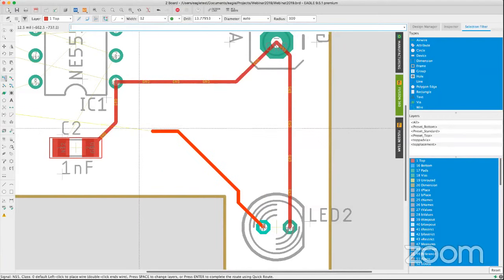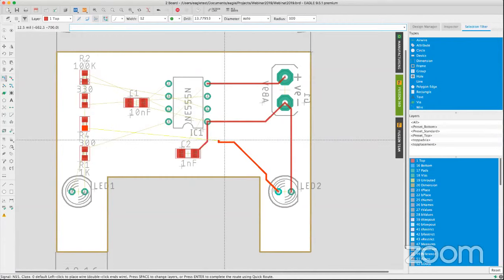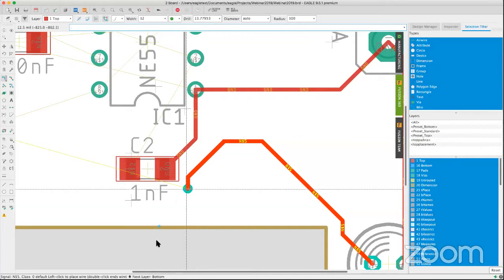Now, let's say, for example, I want to go through here to follow my path, to take this path to go to that resistor that I need to. At this time, you may want to consider placing a via. To place a via, just hit the space bar, and the via is going to be attached to your mouse cursor. Now, the via is not going to be placed. It's going to remain attached to your mouse cursor. Now, if you look at the status bar at the bottom, let me show you this right here. That status bar is letting you know that when I'm back to routing this line, it's actually going to go to the